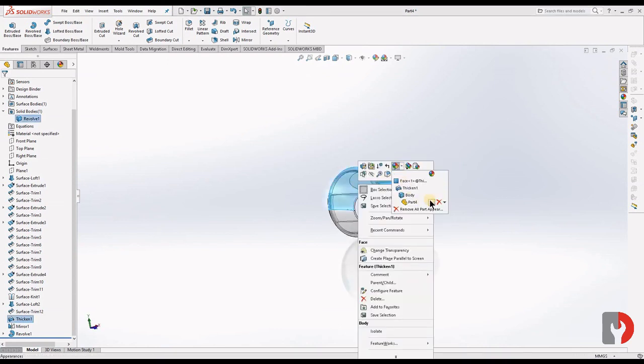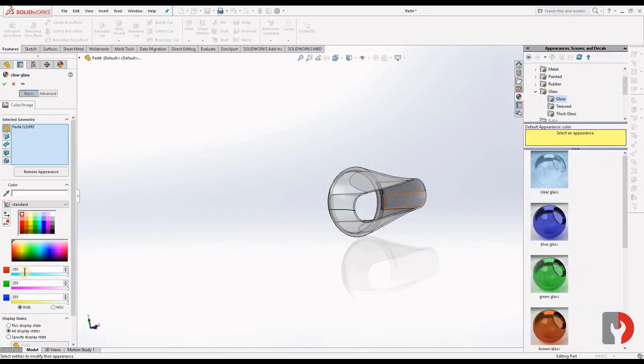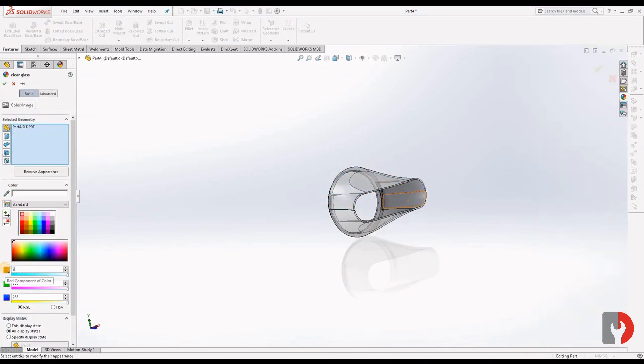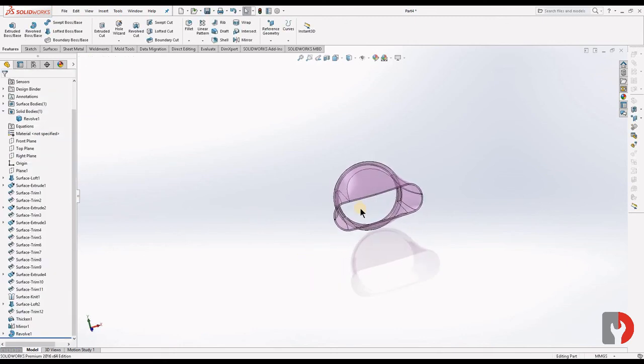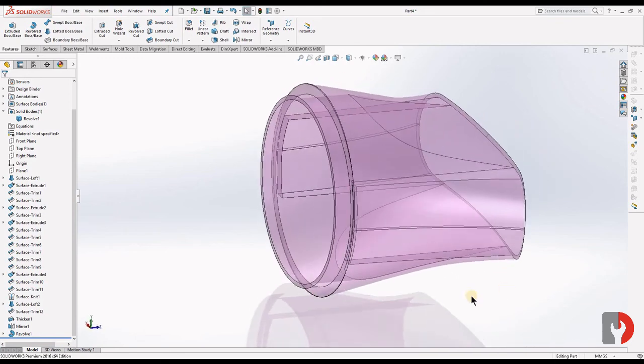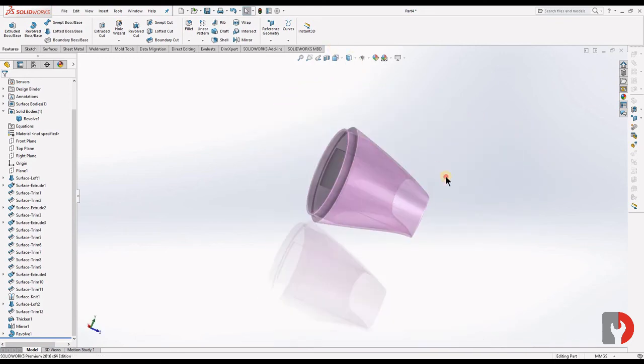And give its color as 255, 183, 255. Okay. Click on OK. See, we have created a part. Okay.